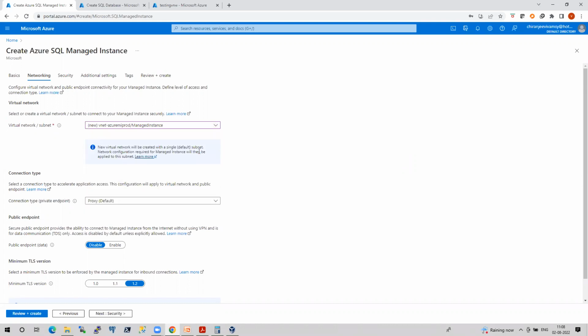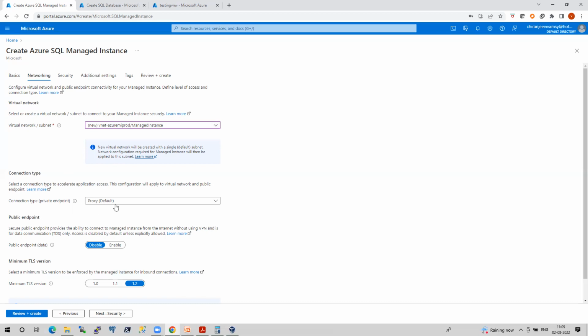But if you want to manage this in real time, it's not just about creation, guys. You have to understand user defined routings, network security groups, and other things as well. So let me first create with the basics. And if everything works as expected, then we can think about the other parts. We can try creating our own VNet, our own user defined routing tables and NSGs, but it is more advanced. So I don't want to take that risk. I'm going with the defaults.